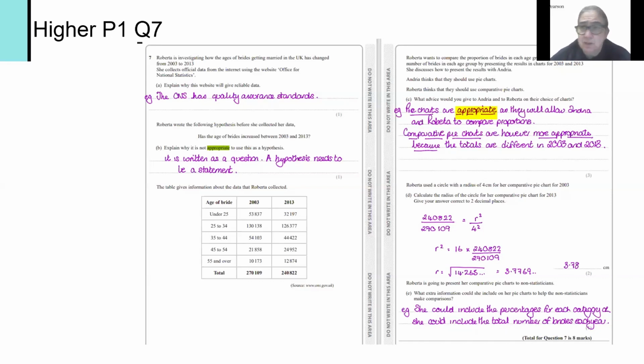Have we seen "what advice" questions before? Very rarely. I'm not saying we haven't, because I haven't done that analysis, so don't take that as gospel. And how much am I really going to focus on it? How do we answer a "what advice" question? But it is asking about